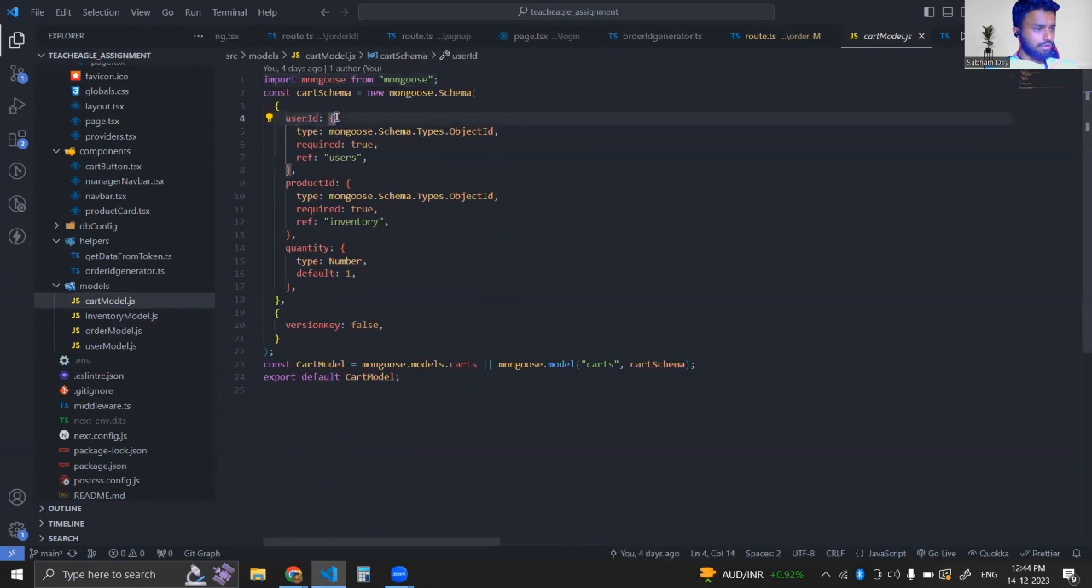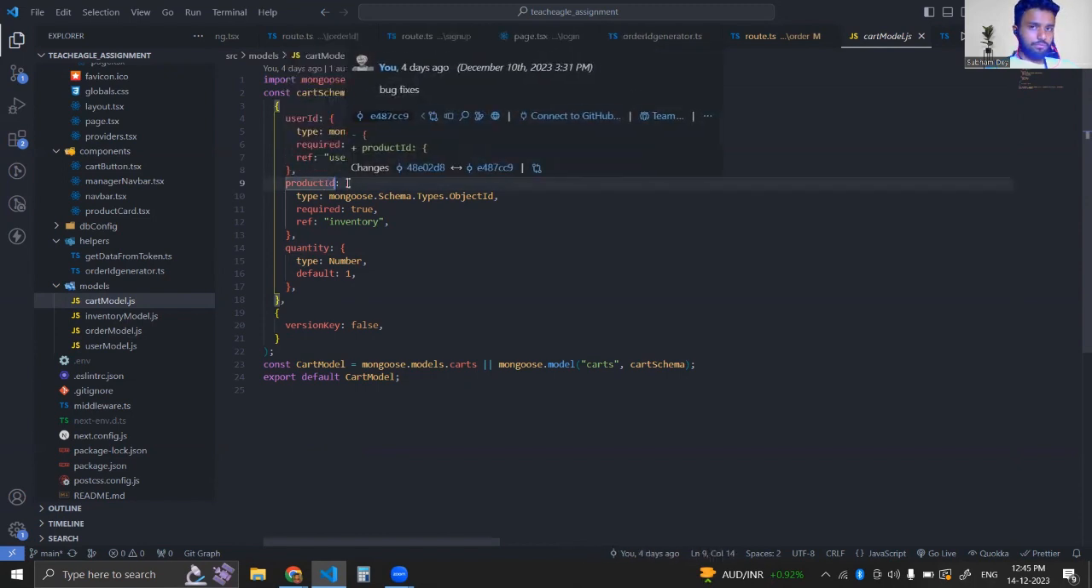In the cart model, we have put in the user ID, the product ID, and the quantity as well. For ease, I have put it this way. Obviously, there could have been product IDs as an array of objects, but I was facing many issues. Anyways, it is possible. We can put the product IDs as well, which would have another model, because we can't directly mutate